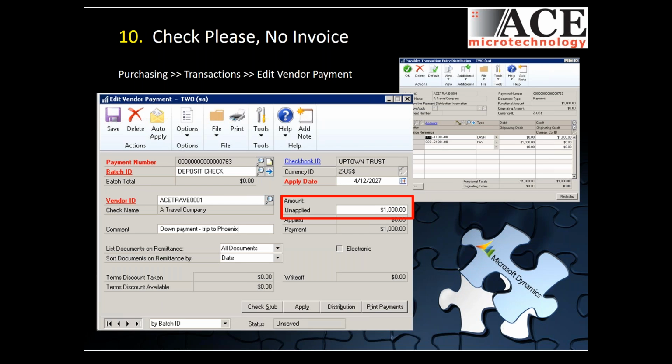Number 10, check please, no invoice. A lot of times you don't realize that you really don't need to have an invoice to generate a check from a vendor. Now, do you want to? Of course you do. But sometimes the check needs to come first before you ever get the invoice. So you want to make sure that instead of going outside the box or entering a fake invoice